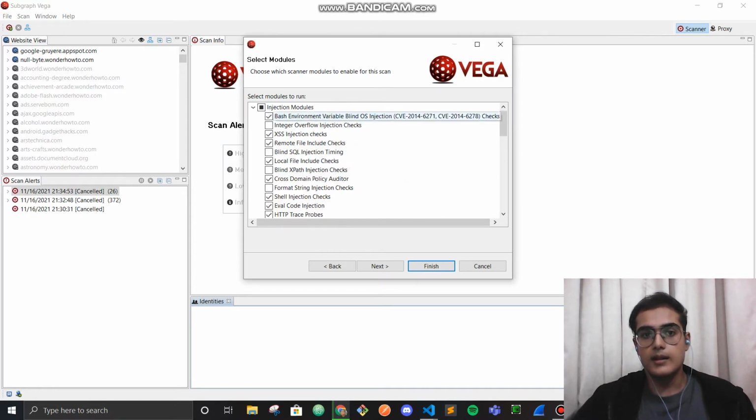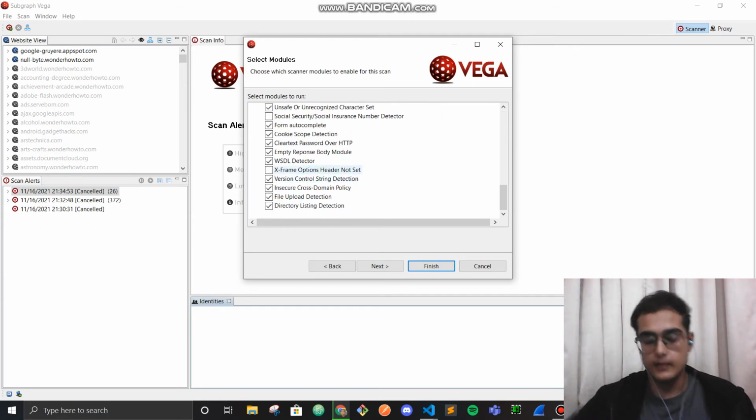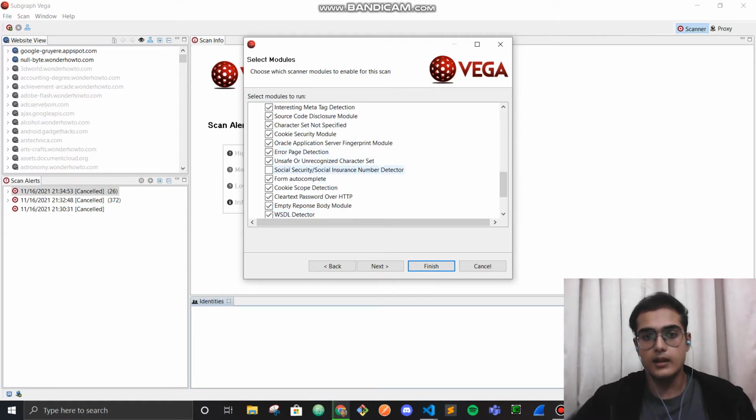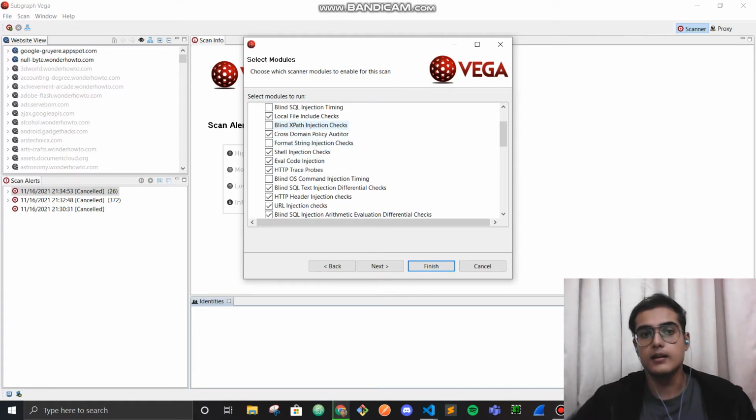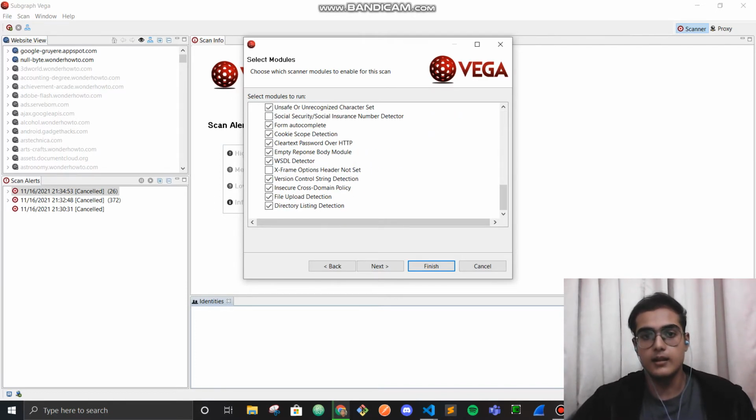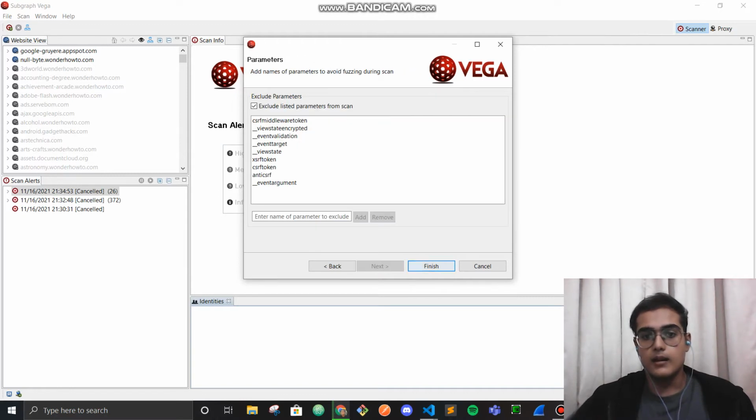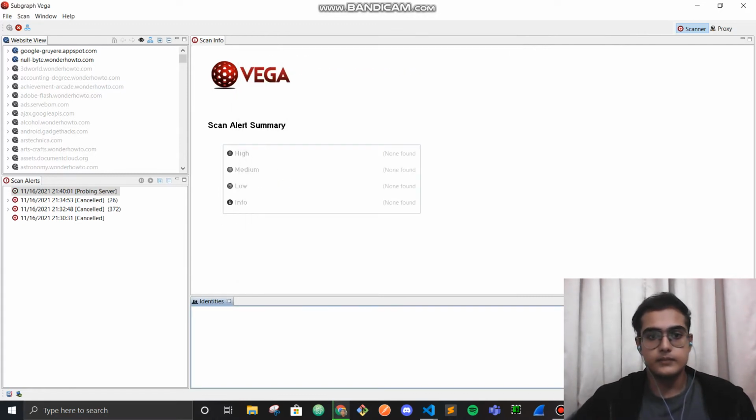There's a big list of these, like if the developer or any user wants to check for a blind path injection check, and if they want to include HTTP trace probes, etc., they can select these options. And yeah, let's finish.